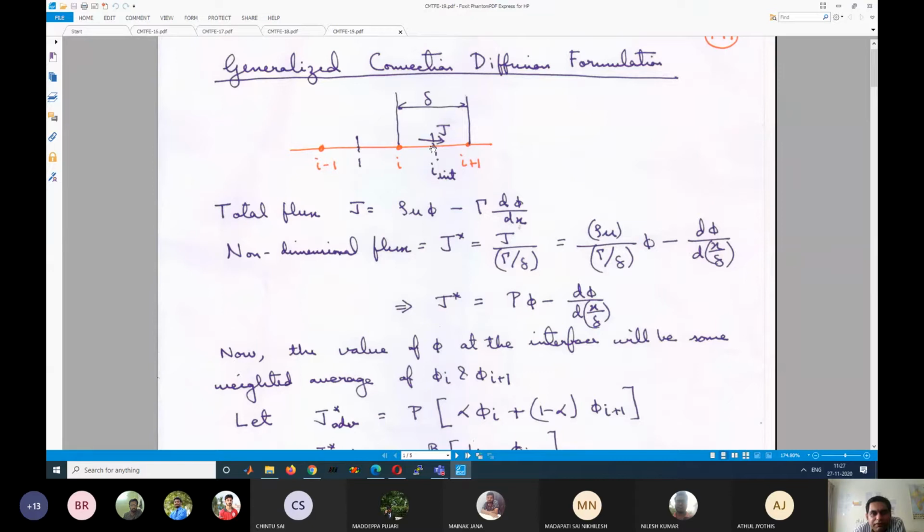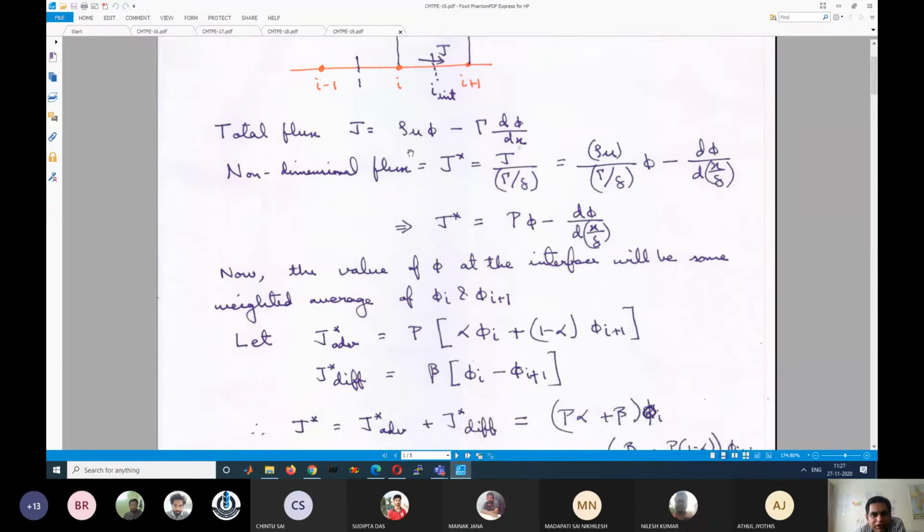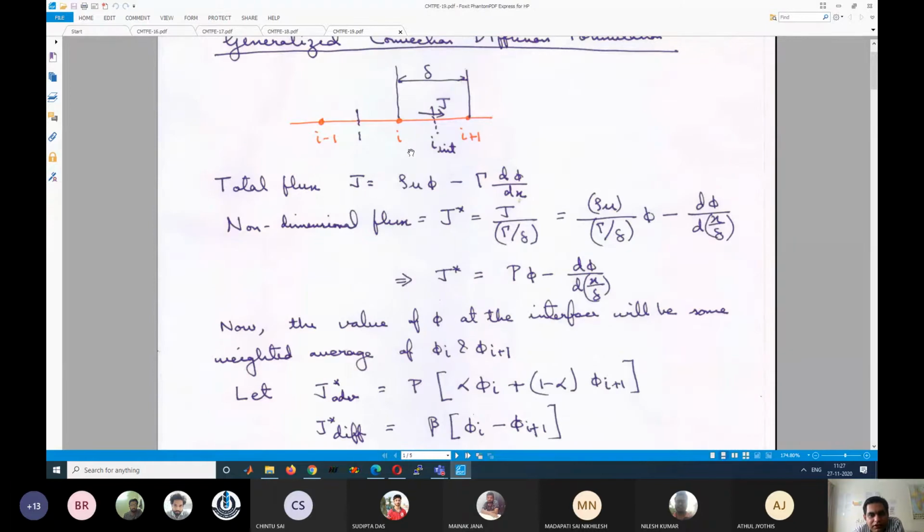Whereas for the upwind scheme, for the advective term, the phi here is interpolated only based on the upstream side. Okay. So for different schemes, we will have different averages, but it will always be some weighted average. For any scheme you take, it will be some weighted average in terms of Peclet number. You can go back and check that.